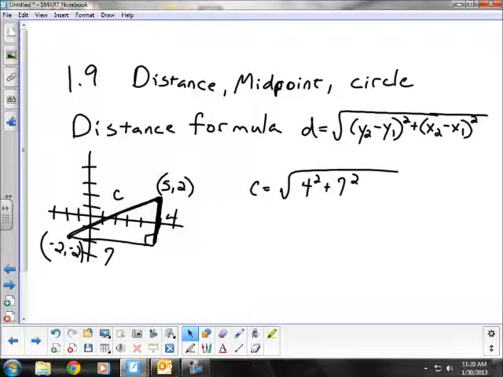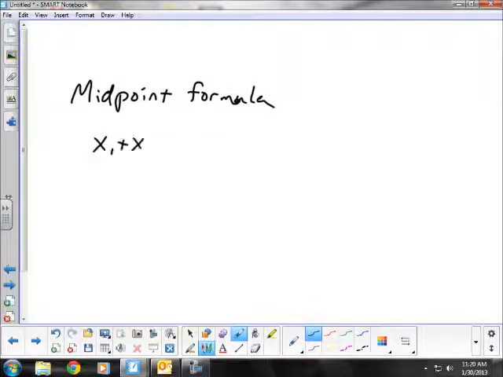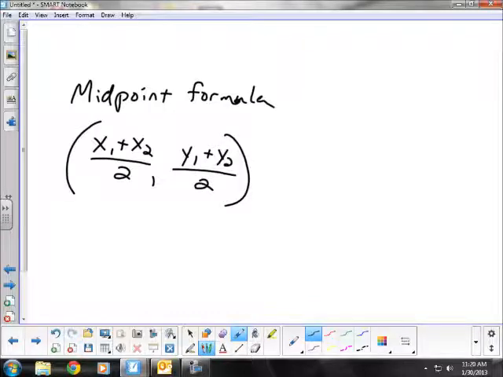Like I said, the distance formula uses subtraction. The midpoint formula uses addition. The midpoint formula is just the average. So I have x1 plus x2 divided by 2, and y1 plus y2 divided by 2. Okay. So you just take the x coordinates and separate them from the y coordinates, add them up, divide by 2. The ones that seem to bother people a lot